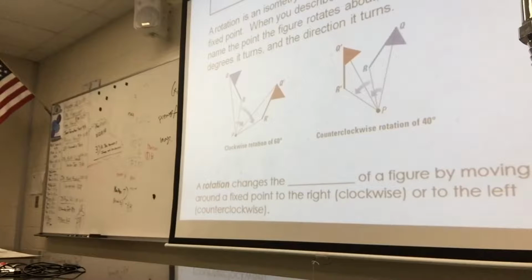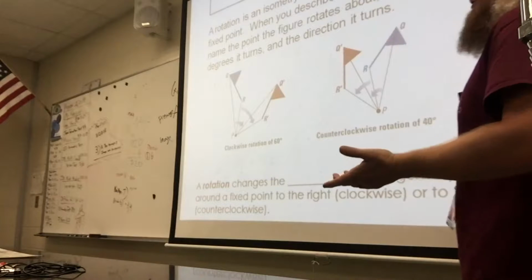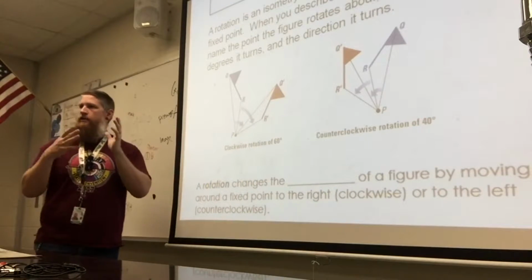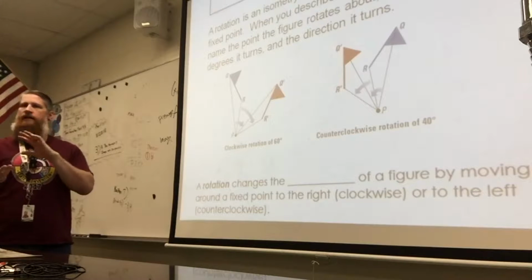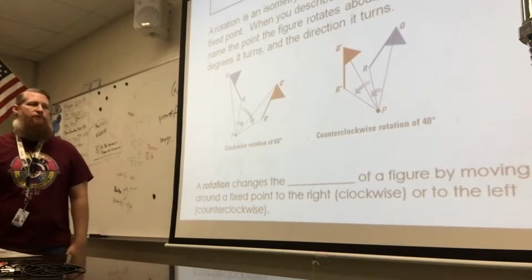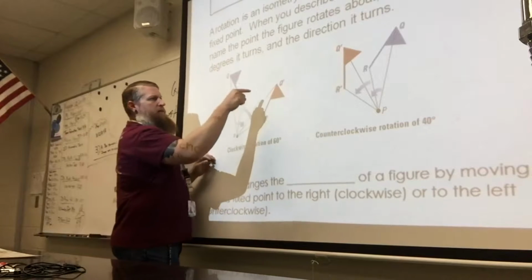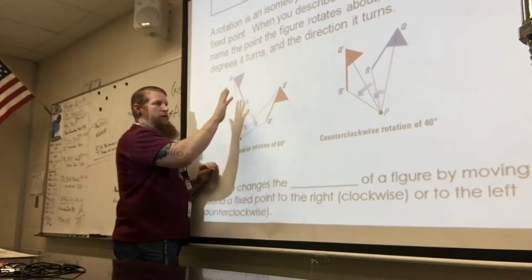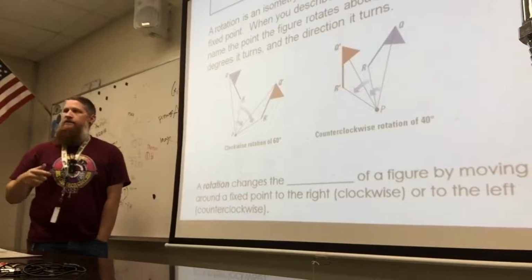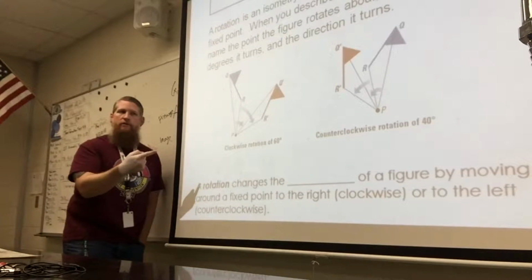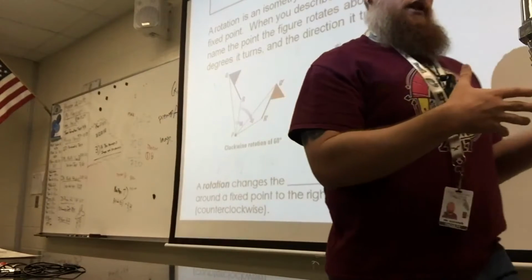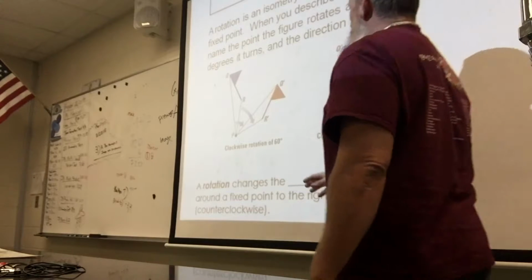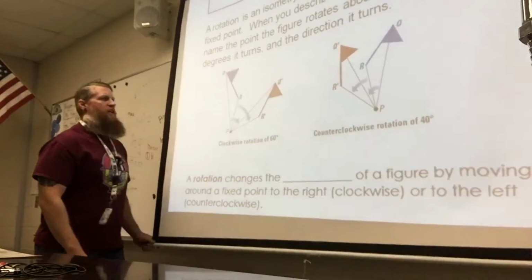All right, so it's going to change the location, could be orientation of it. That means that you're turning it so that it's not facing the same way and it's not necessarily flipped directly opposite, because that would be the reflections. But what you end up with, your image, and what you start with, your pre-image, are going to be the same shape. They're going to be the same size because they're isometries. It's a rigid motion. Remember, rigid means that you're not changing the size of the shape you're working with. And like I said, each point on your rotation